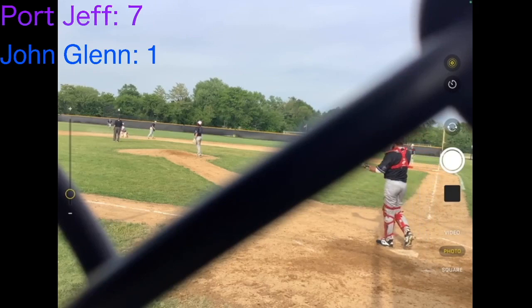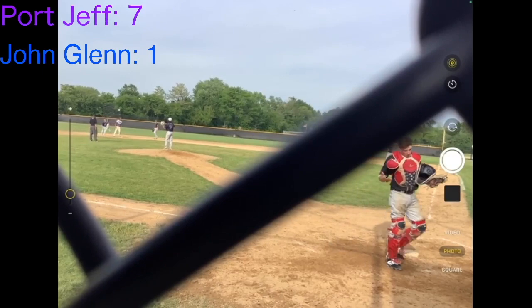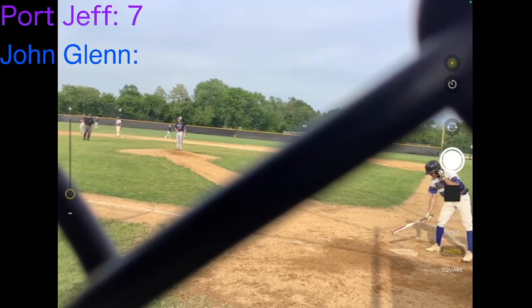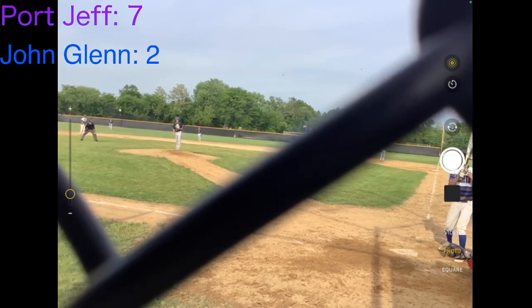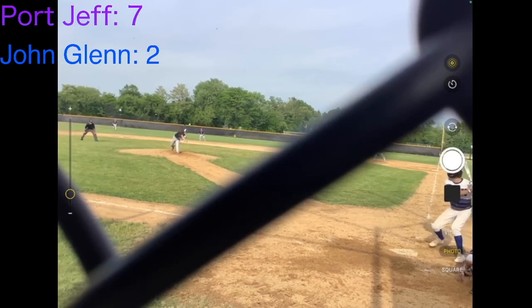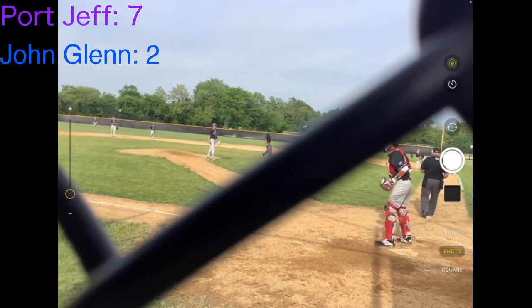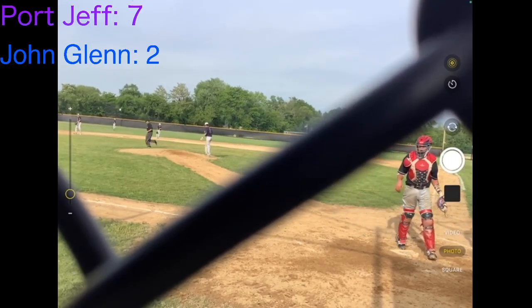The throw's going to be a little too high, so the runner Molman's going to be able to score easily with that. The lead shrinks just a little bit as John Glenn does score their second run of the game to make the score now 7-2, still in favor of the Royals. Now Desmond at the plate, ready with an opportunity to bring in another run as Luke Filippi's going to receive that ground ball, throw it over to first for the first out of the inning,